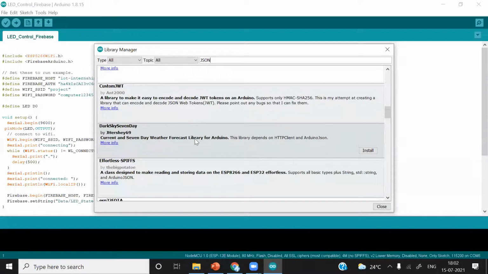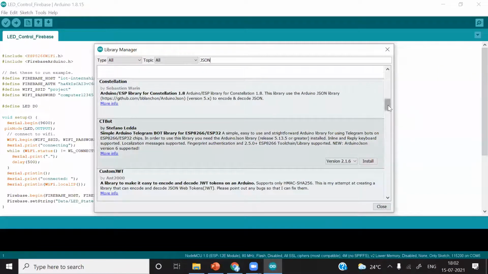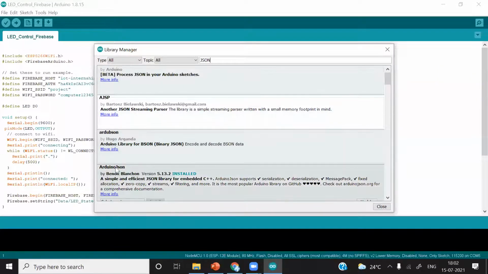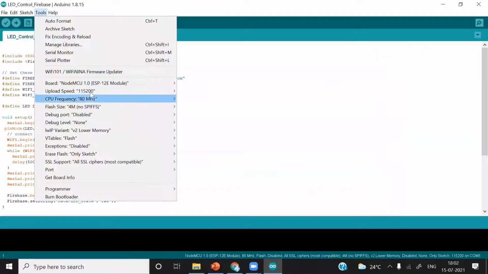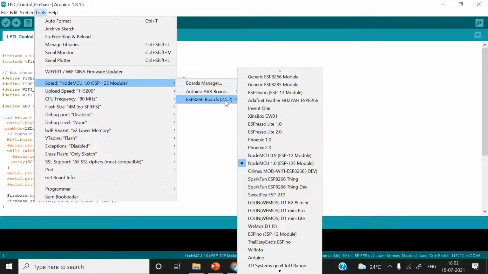You can see here this library, Arduino JSON by Benoit, and just install version 5.13.2. And the board version is ESP8266 2.5.2.